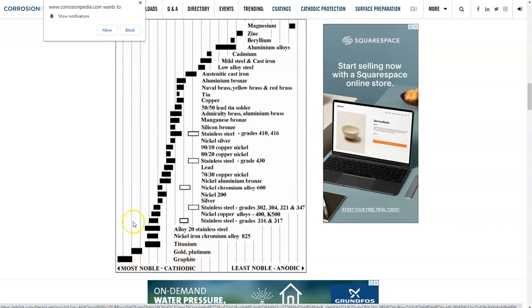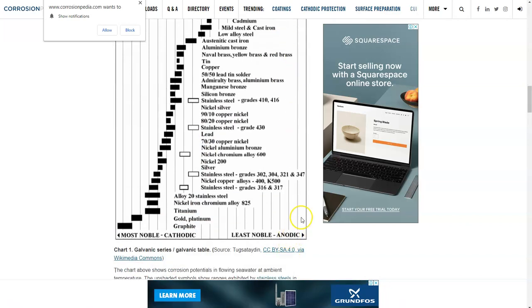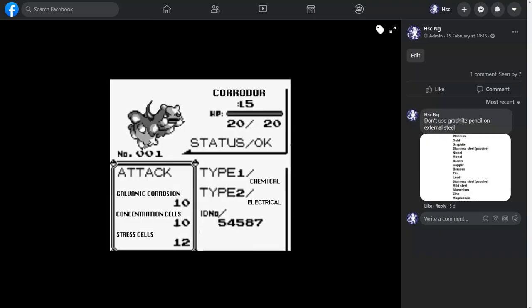It's worth noting that graphite is even more cathodic. We can see on the other end of the spectrum we have magnesium and zinc. They are the most anodic. We're going to look at what these words mean. Before we get onto that, we're going to say that when things corrode, I've got this Pokemon here